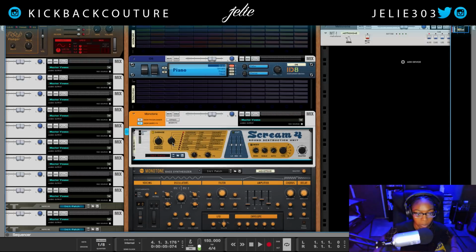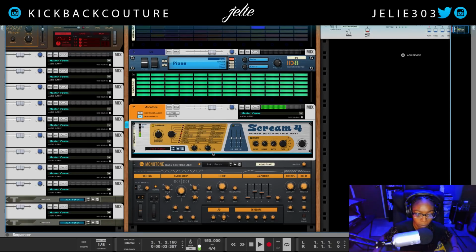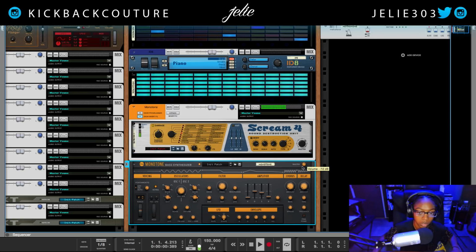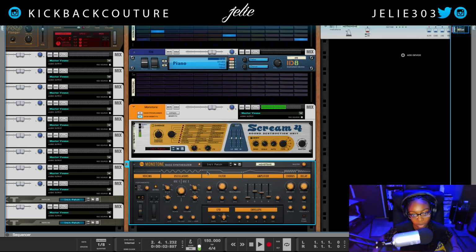Scream for distortion. I'm going to put it on the tape option, and I'm going to go for extreme settings and turn the compression all the way to the left. So this is what it sounds like before I turn the compression to the left. Turn this down a bit. We can even go on to turning up the drive in the filter. So